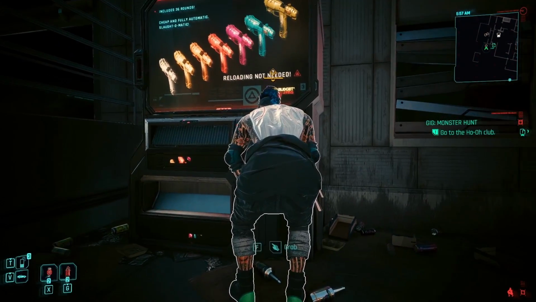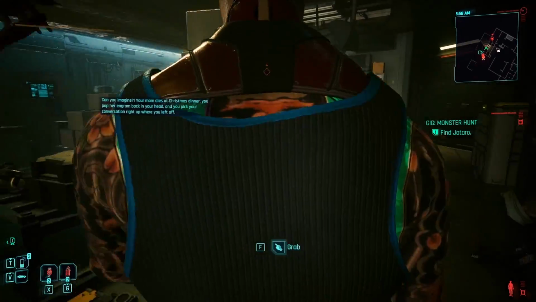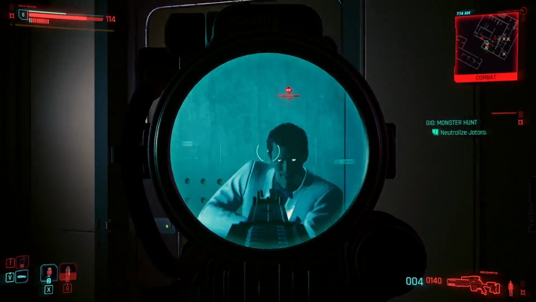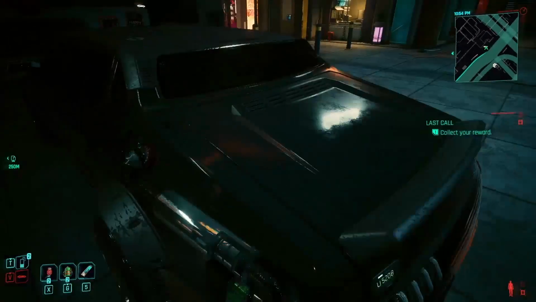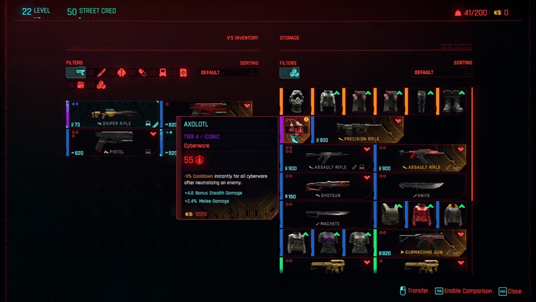Now, it's really tempting to move on with the story, but I really recommend to take it slow and try to clear all Watson gigs and NCPD hustles before moving on to the second act. Once you complete all of Regina's gigs, she will reward you with the iconic Cyberware axolotl. Now, you may try to fit this in your Cyberware setup. In turn, you won't be able to fill up some slots, thus miss out on some headshot damage multiplier and